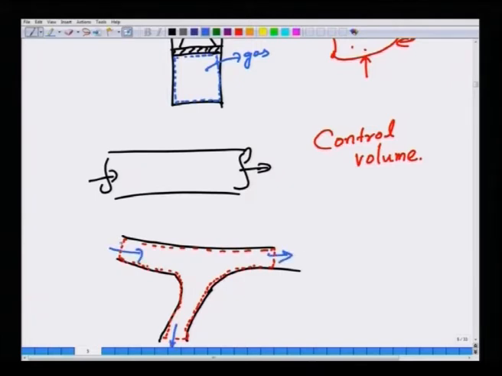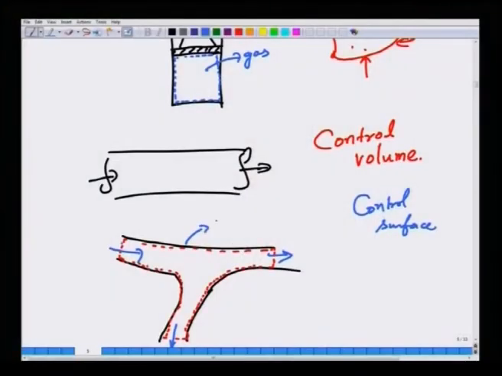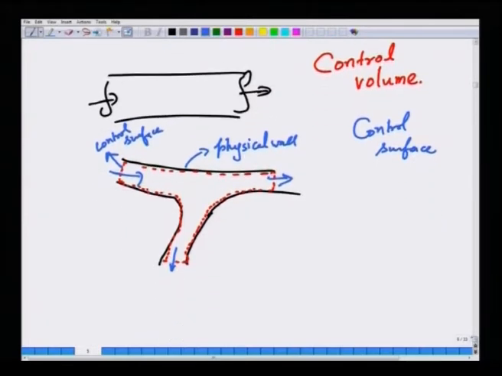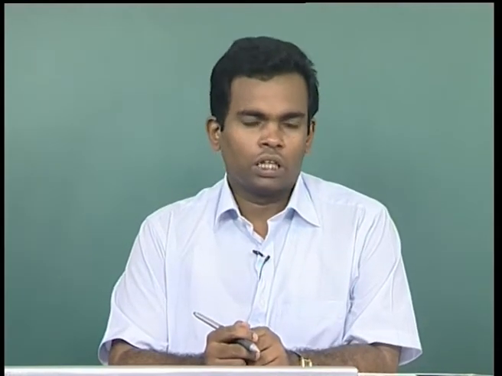These are imaginary surfaces, these are called control surfaces. They need not be always real in the sense of a real surface that is separating the inside and outside of the control volume. Sometimes they can be simply imaginary. For example, this is a physical wall where fluid cannot enter or leave, whereas this is a control surface where fluid can enter or leave. It's only in our mind that there is a surface, because this is the region that we have chosen to work with in the control volume.